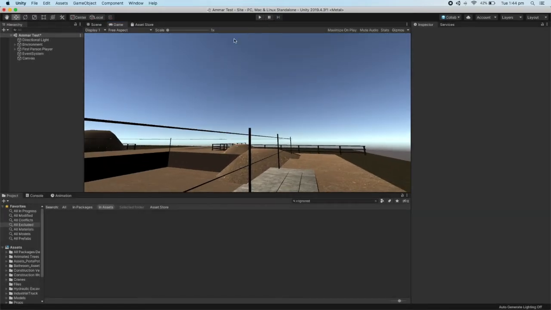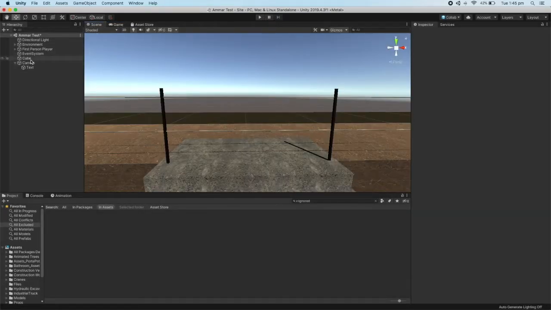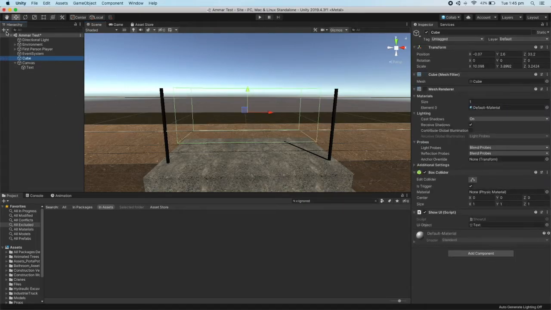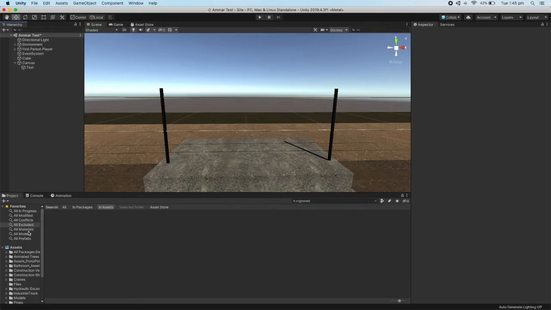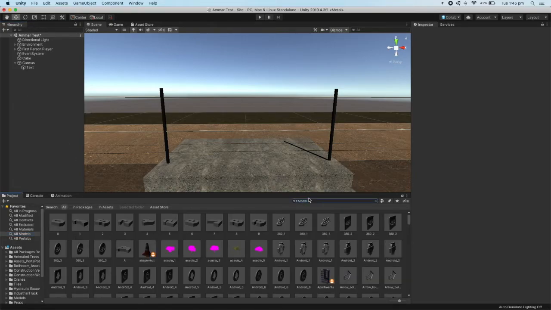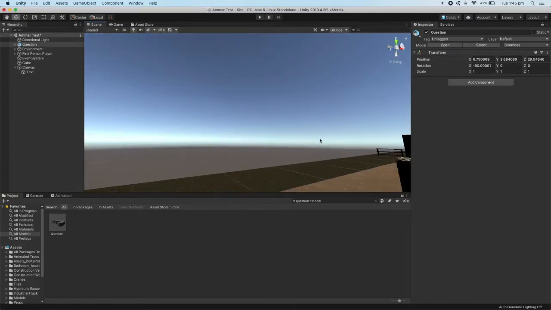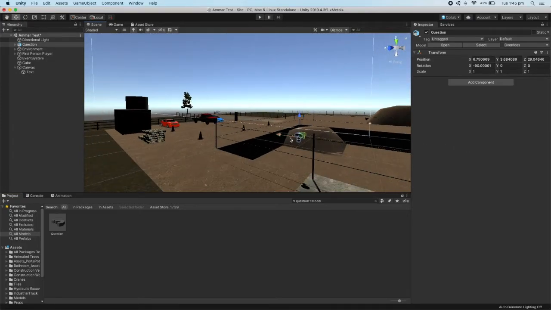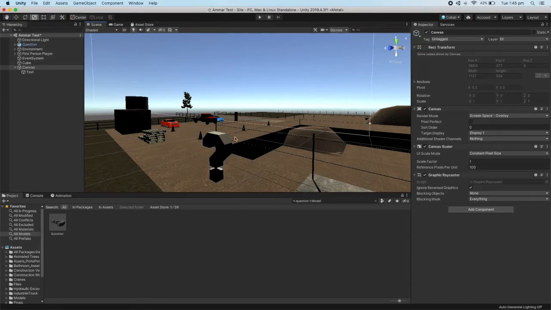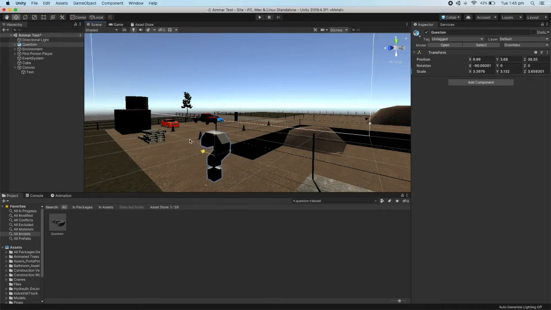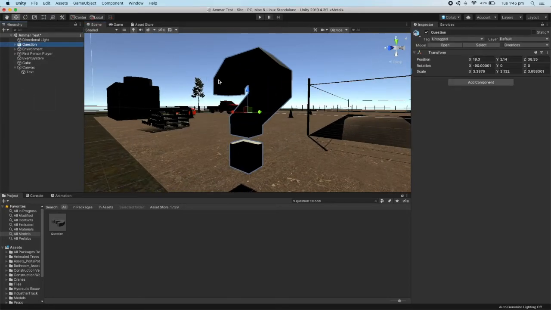Using the same logic, it doesn't have to be a cube. It can really be any object. I can quickly show you how that's possible. For example, let's say there's a question mark. Yeah, there's a question mark. I'll just make it a bit bigger. It might not be the prettiest question mark, but there it is. I'll just move it somewhere here instead. This is just to demonstrate. So with the question mark,